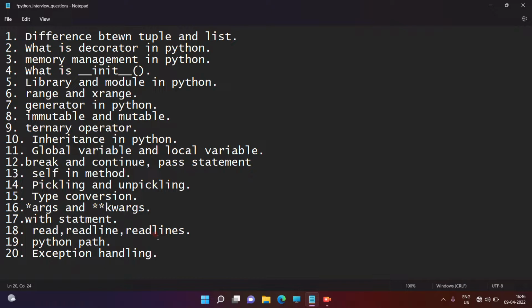Exception handling is a way to handle the exception, avoiding the termination of the program and keeping the normal flow of the program continuing. Handling the exception is called exception handling, right guys? So it's clear what exception handling is.